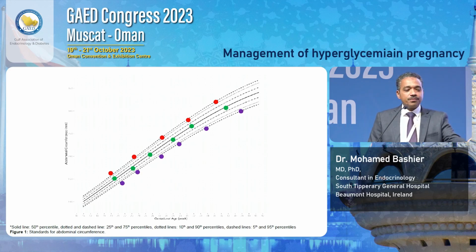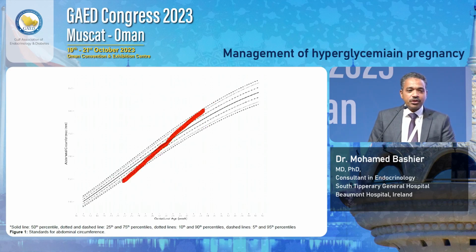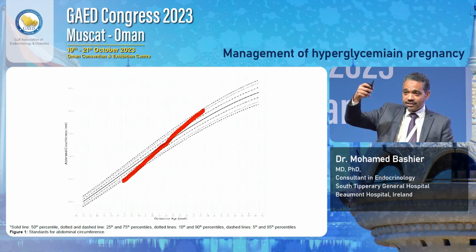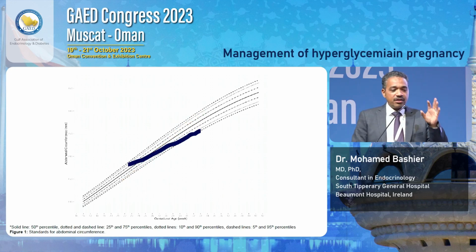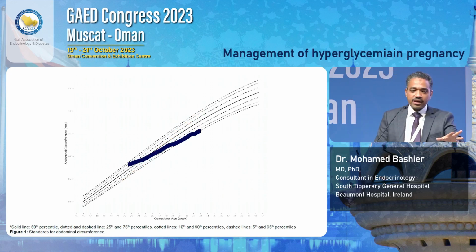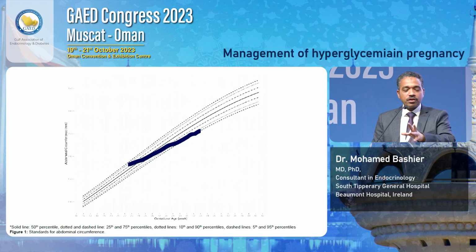That shouldn't worry you. What worries you is this picture. A baby crossing the line where you need to tighten the control, or baby size going down when you might need to loosen the control a little bit. And this is very, very critical to take into account, especially after 34 weeks gestation, to decide where to go.